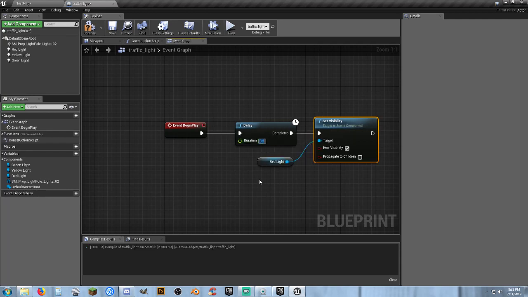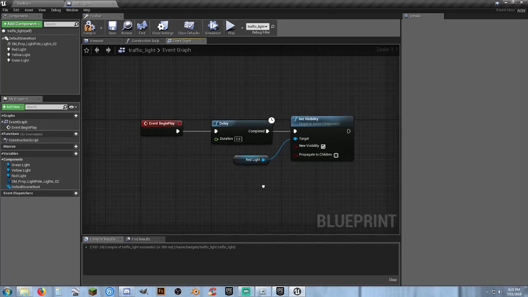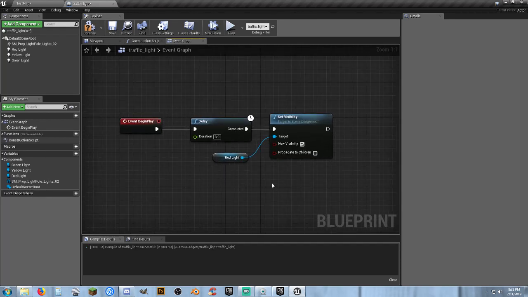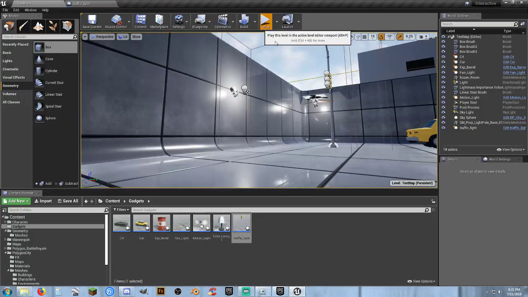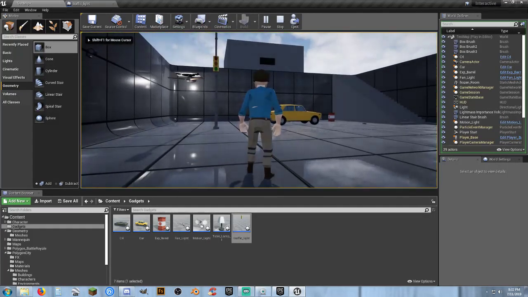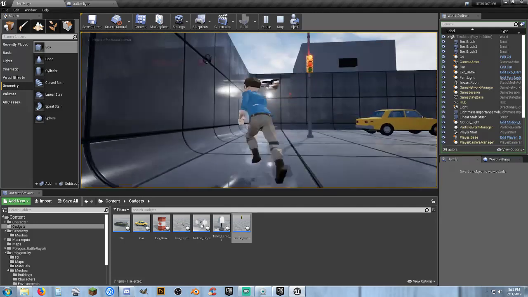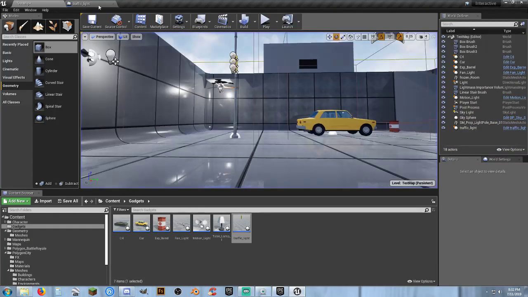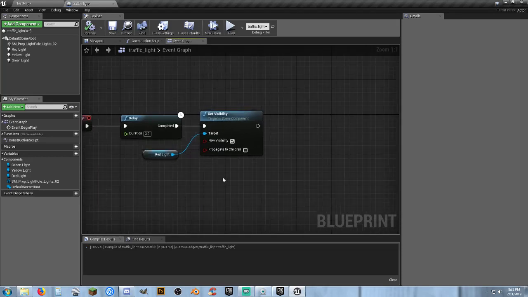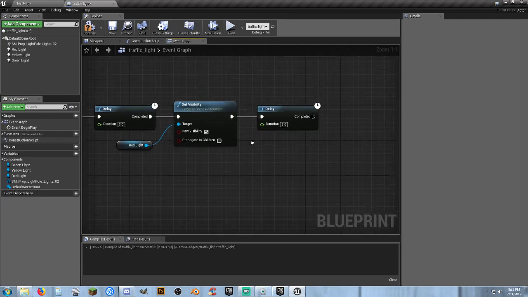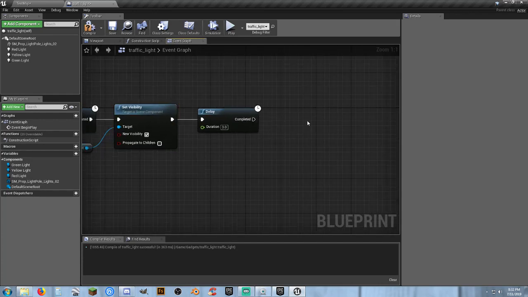We're just going to do a 3-second rotation on these. So after 3 seconds, it should turn on the red light. There we go. Red light is on. So after 3 more seconds, and I'm going to copy this and paste that. At the end of 3 seconds, what we're going to do is I'm going to copy this